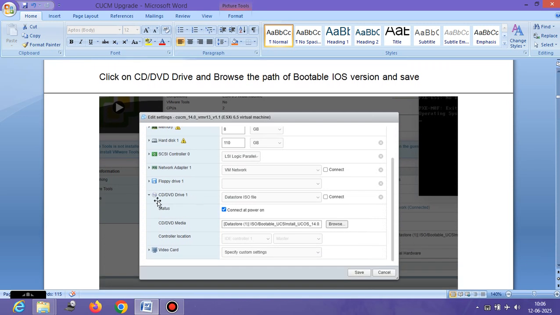Correct. So once you click on CD and DVD drive and click on connect at power on, that means whenever you power on this device, your system will boot whatever file is present in this media, right? But initially this is blank. You have to browse it, and point it to your data store where you have uploaded the file,